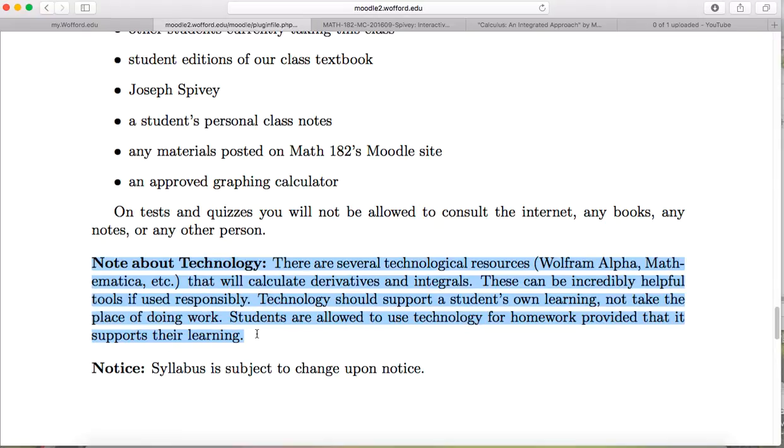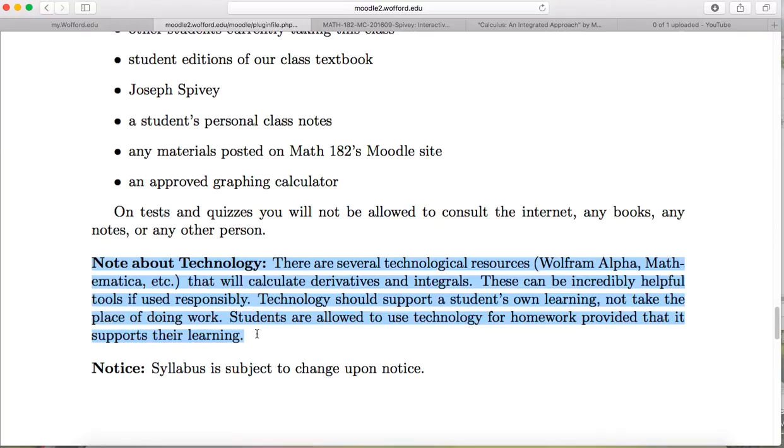Irresponsible use would be typing in every single problem to this website, getting the answer, copying down the answer without any understanding whatsoever. That's irresponsible use. That is not supporting your learning. So I'm okay with you using technology to support your learning. I'm not okay with you using technology to just get the grade without doing any learning. Okay, so